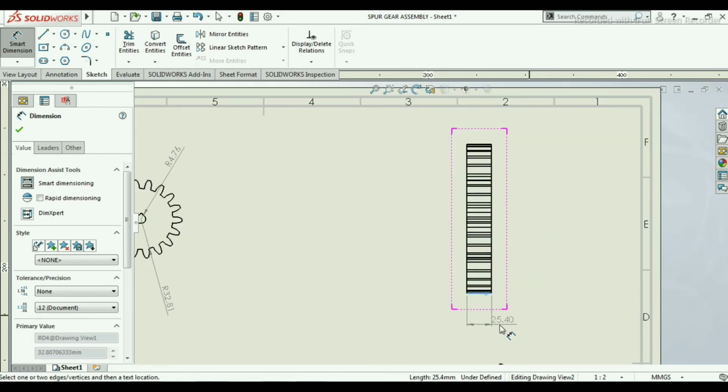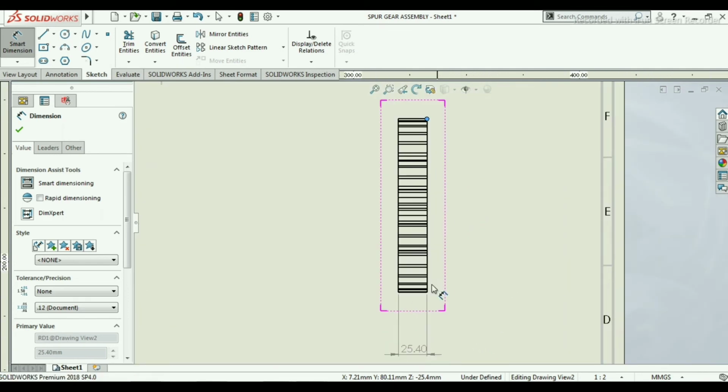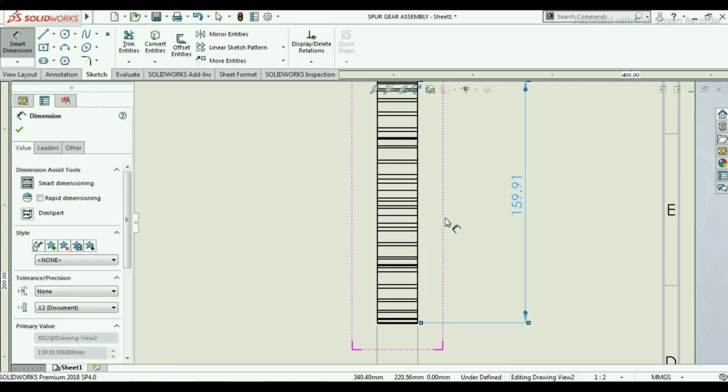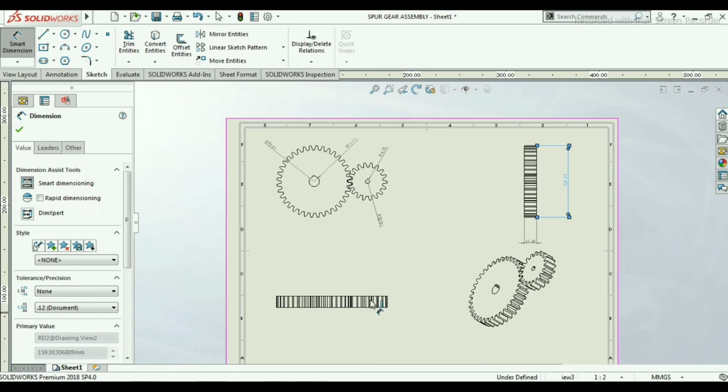So this is the length and the height will be, so this is the height. We have added the height also, and then we will go for the top view.